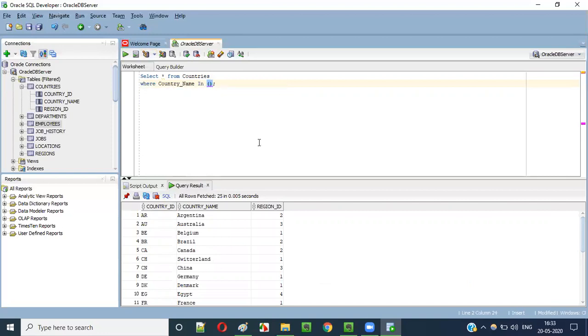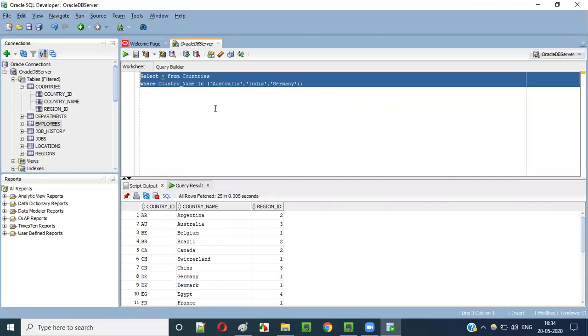It can be Australia, India, Germany. Only these three countries I want; the remaining countries I don't want.